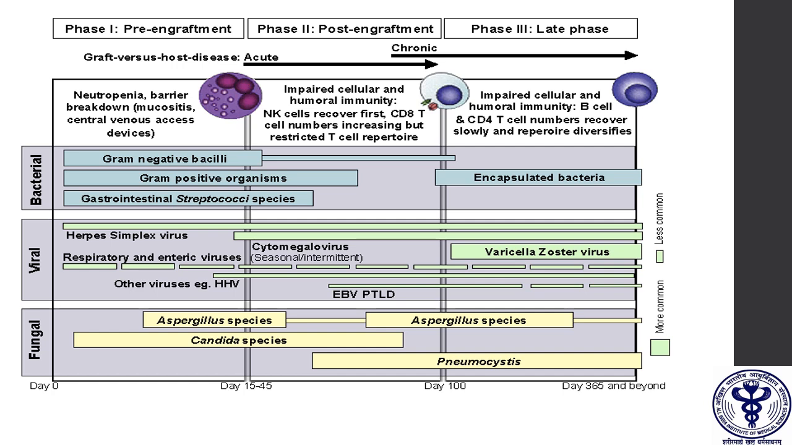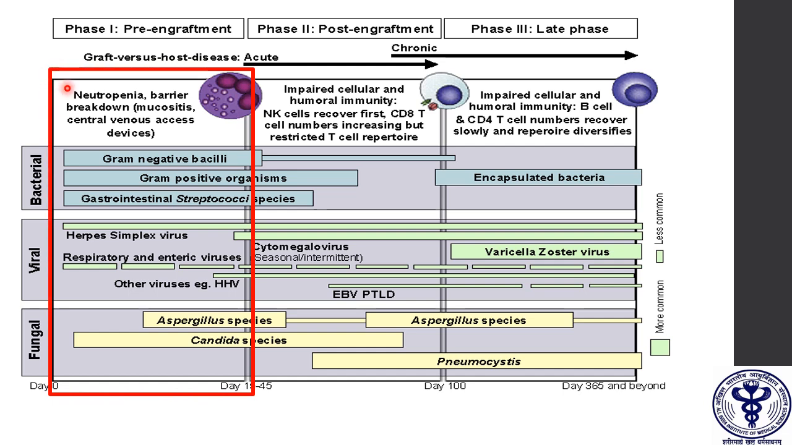Here we'll be talking about neutropenia in those patients whose bone marrow has been ablated prior to stem cell transplantation. This is the Rubinstein scale, where you can see that the phases are pre-engraftment, post-engraftment, and late phases. We are mostly concerned with the pre-engraftment phase, where, as you can see, the recipient's bone marrow has been ablated,